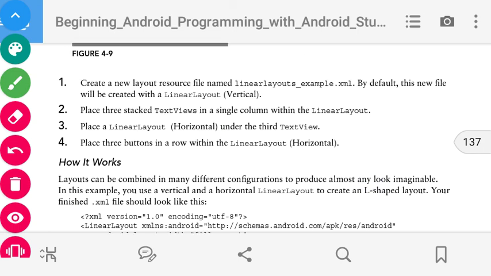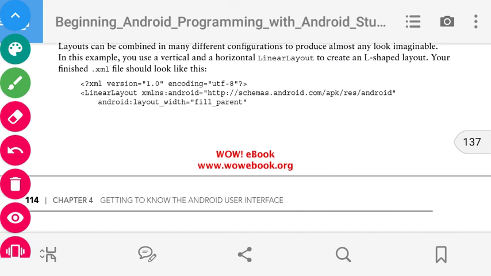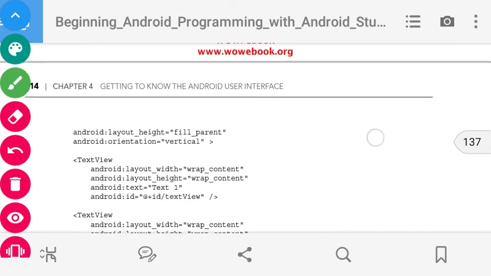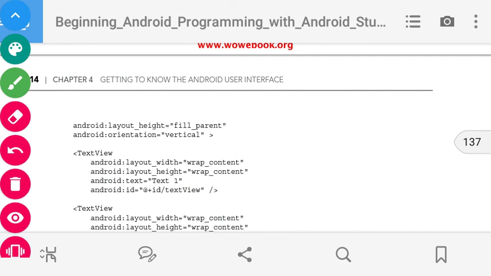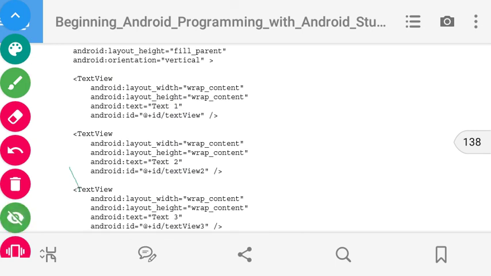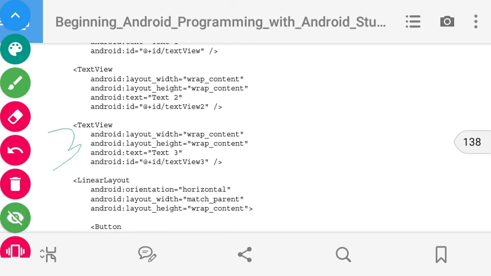They have given the steps also. After that they have given the coding which has to be created in the activity_main.xml file. The linear layout is starting. Inside the linear layout there is text view 1, afterwards text view 2, and afterwards text view 3.